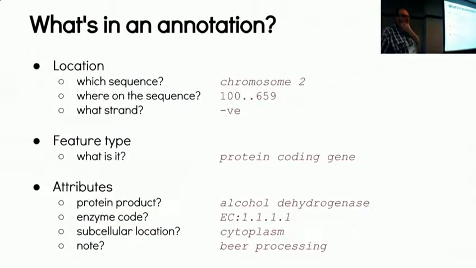So what's the sort of minimum information you need for an annotation? Well, obviously you need to know what sequence it came from. In our case, we've got a genome assembly with lots of contigs. We need to know the ID of the contig. The next thing we need to know is where on the sequence is it? And usually we do this with coordinates. So begin and end coordinate. Usually those coordinates are inclusive. They're included in the